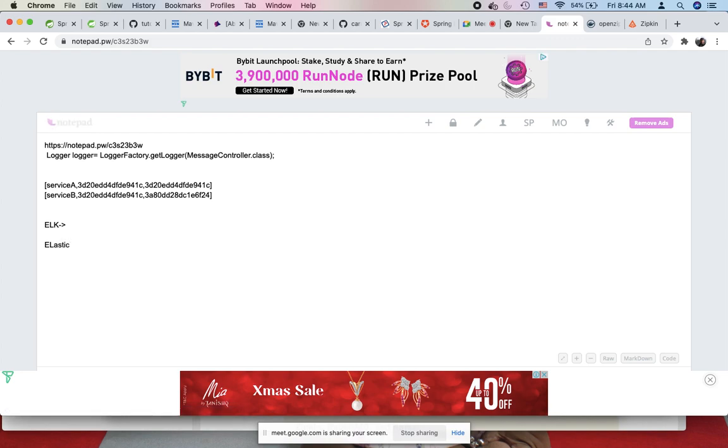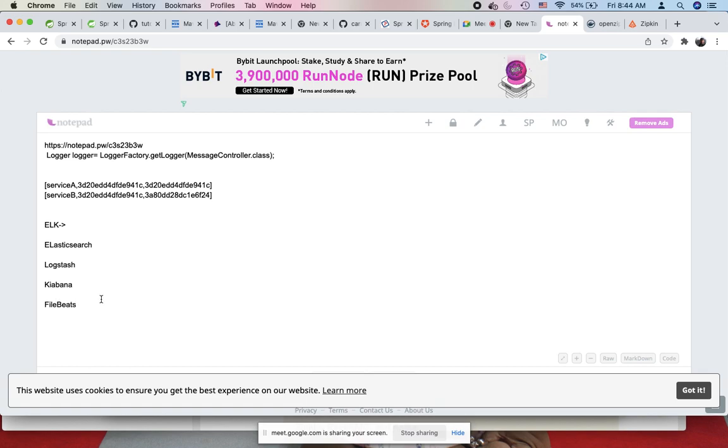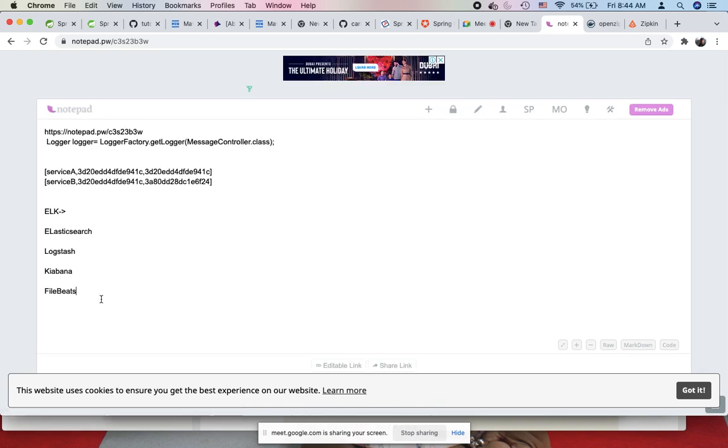One is Elasticsearch, the second is Logstash, the third is Kibana. Okay, there is another thing, I'll tell you, Filebeat, but you don't need Filebeat everywhere, but these are the three things. What is the purpose you are doing and how you are doing that? So first of all,